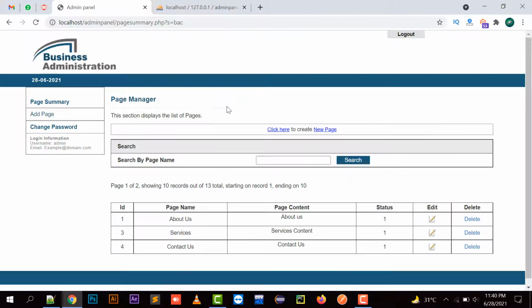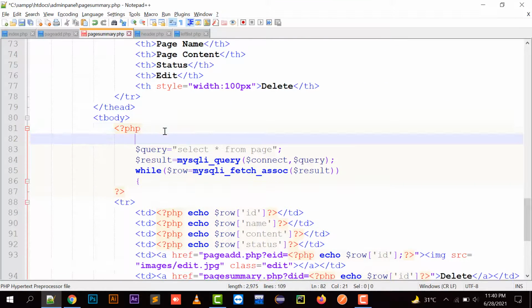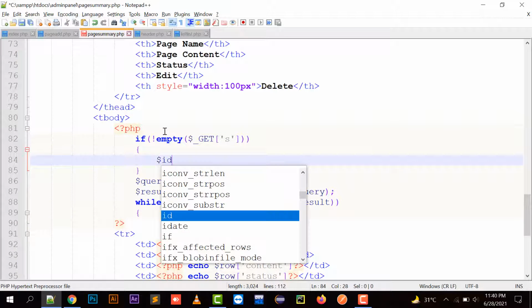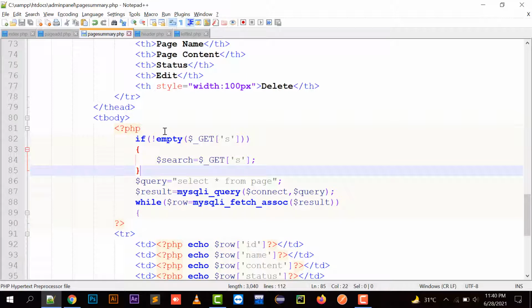So if I say here about, S equals about, and here my query has been existing. So I'm going to write here: if not empty $_GET['S']. If it is not empty, then search equals $_GET['S']. Whatever the S variable is holding right now is going to come in your search variable, and your query will be executing over here, that is